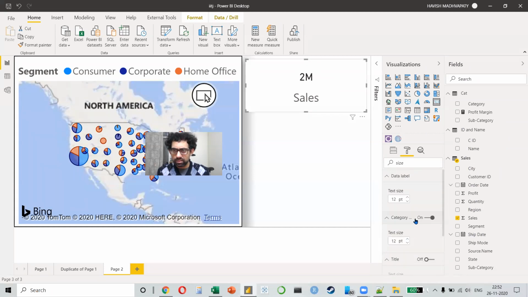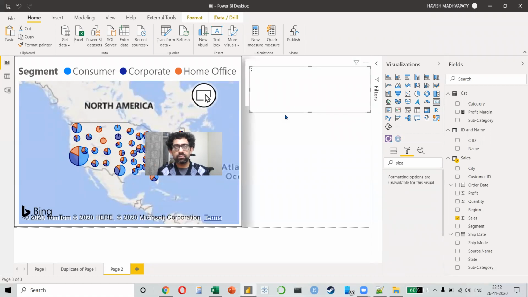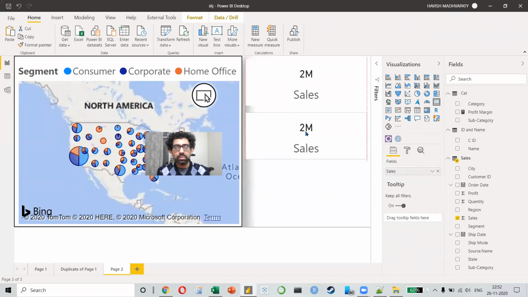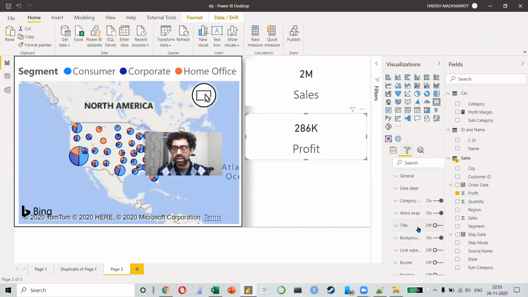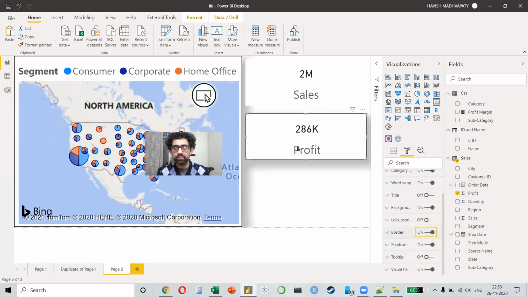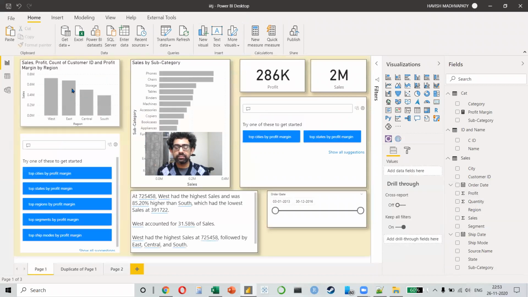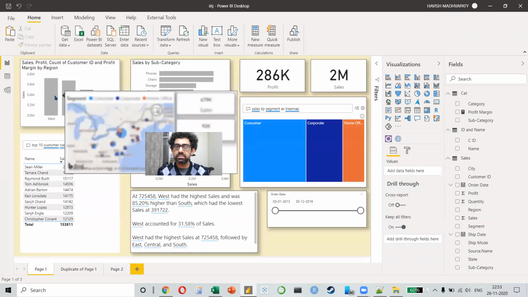And that's all right. So we have this. Let's copy and paste this. In the one below this, we will call it profit. And you get the idea, right? Once I have the sales and profit, let's also put a nice shadow and a border. Now you can see all the three things.